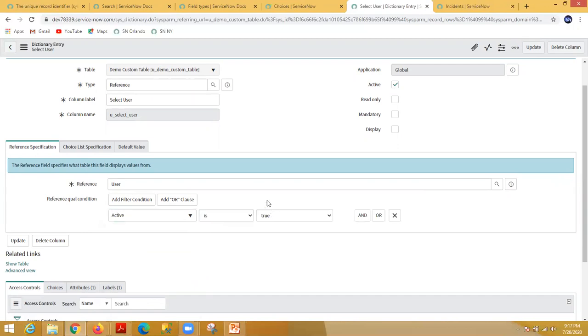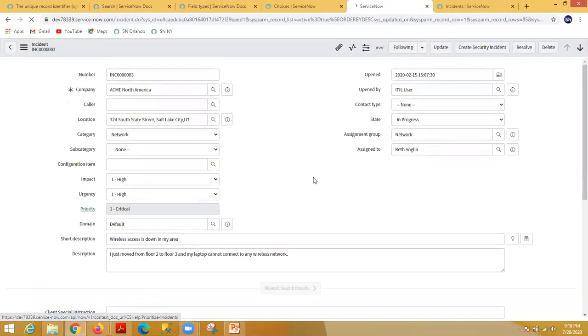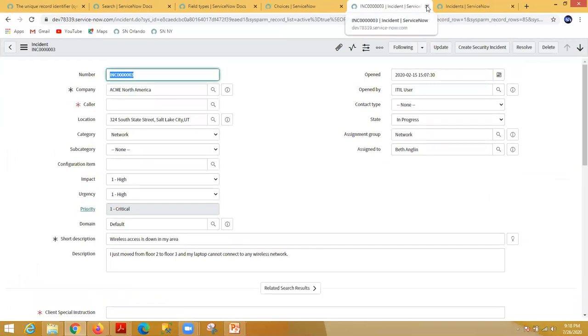So what I am saying is, show me only those user records who are active. With the help of this reference qual condition, you can control the records. Okay, you don't want to see all the records, so you have applied one condition, show only active user records to select. So this is the use of the reference qual condition field.